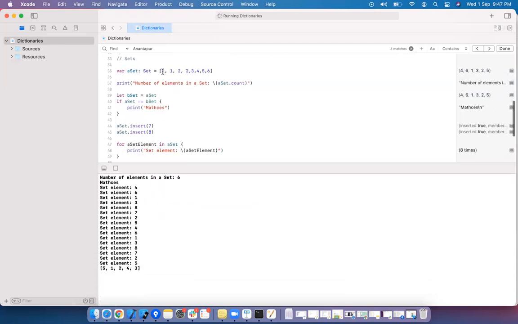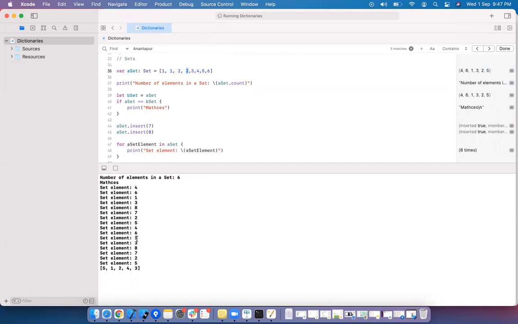How many elements are there? 1, 2, 3, 4, 5, 6, 7, 8. But the count is showing 6, because though you give the duplicate elements, the set simply ignores those values.